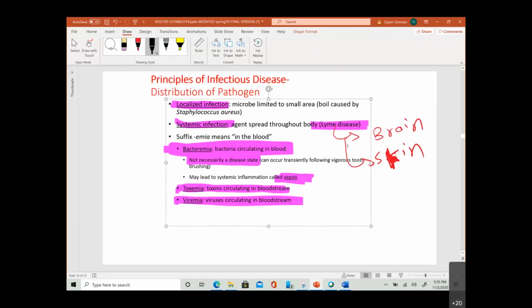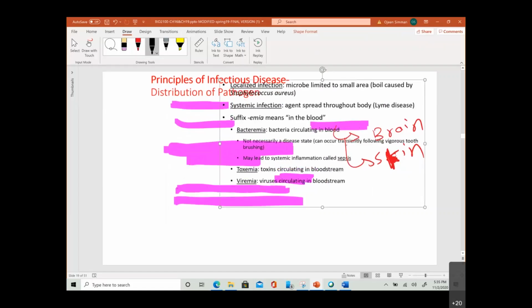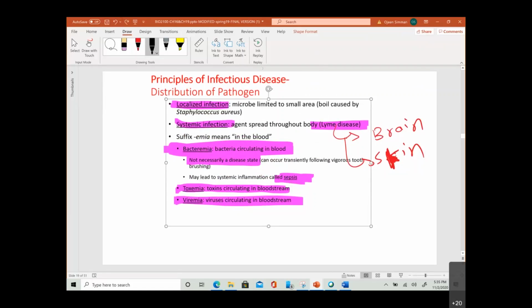Diseases can also, through virulence factors, spread to distant sites, like what happens with Lyme disease. Lyme disease can spread from the skin to the brain and other organs. The word bacteremia refers to bacteria circulating in the